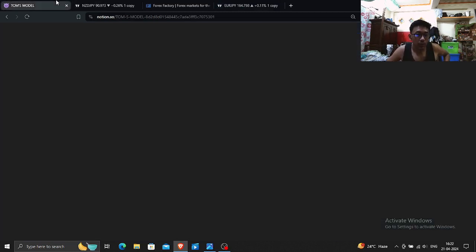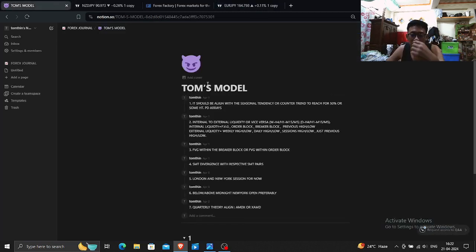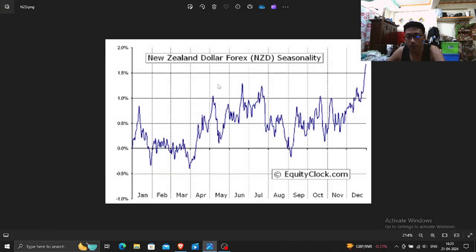So first of all, this model is simply a market maker buy or sell model, so I just call this a top model. Number one is that it should be aligned with the seasonal tendencies, or counter trend to reach for 50% or some higher time frame PD areas. Seasonal tendency is important to me, and I know sometimes I took trades not in alignment with the seasonal tendencies, but for my A plus setups,